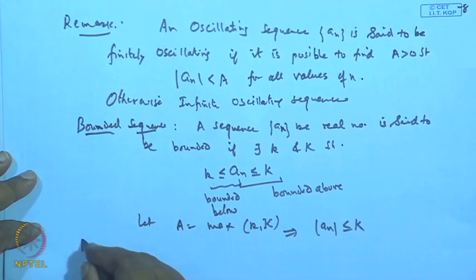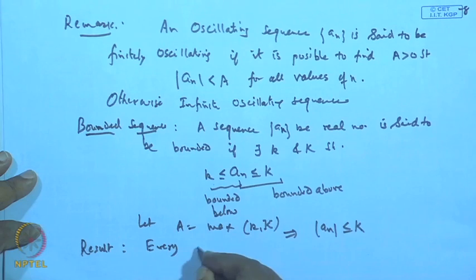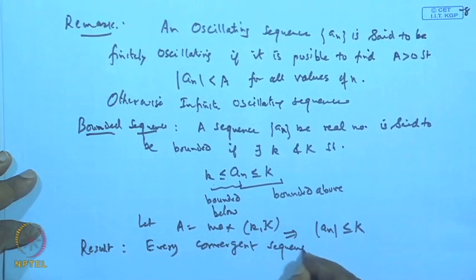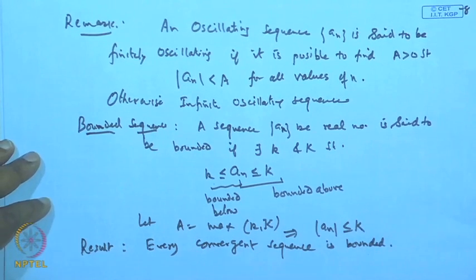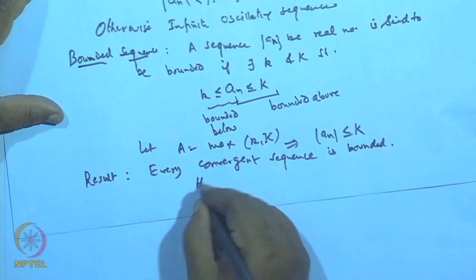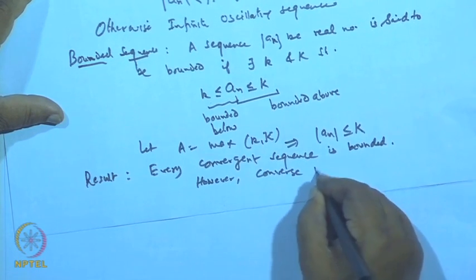And every convergent sequence is a bounded sequence, that we have seen. So, the result is: every convergent sequence is bounded. I think this proof we have done. What about the converse? Can you say every bounded sequence is convergent? The answer is no. However, the converse need not be true,